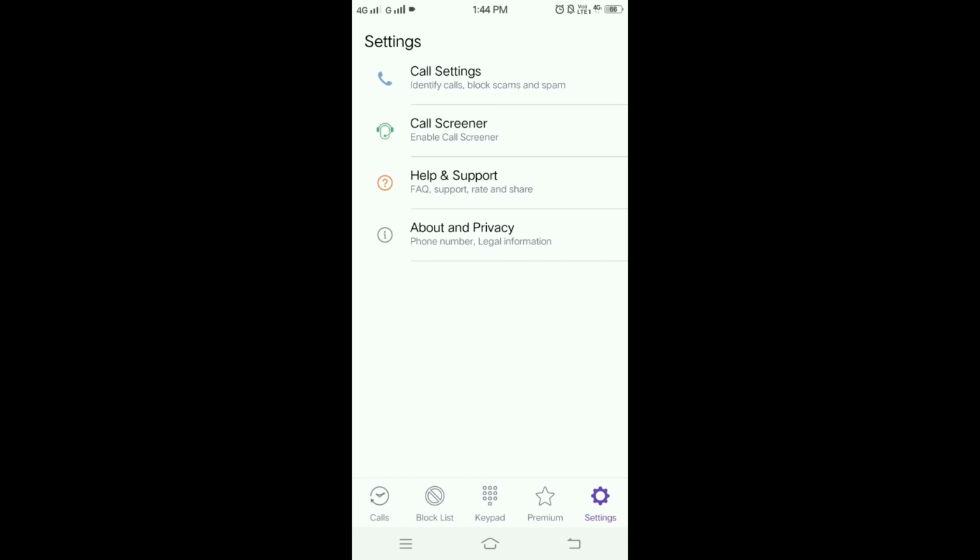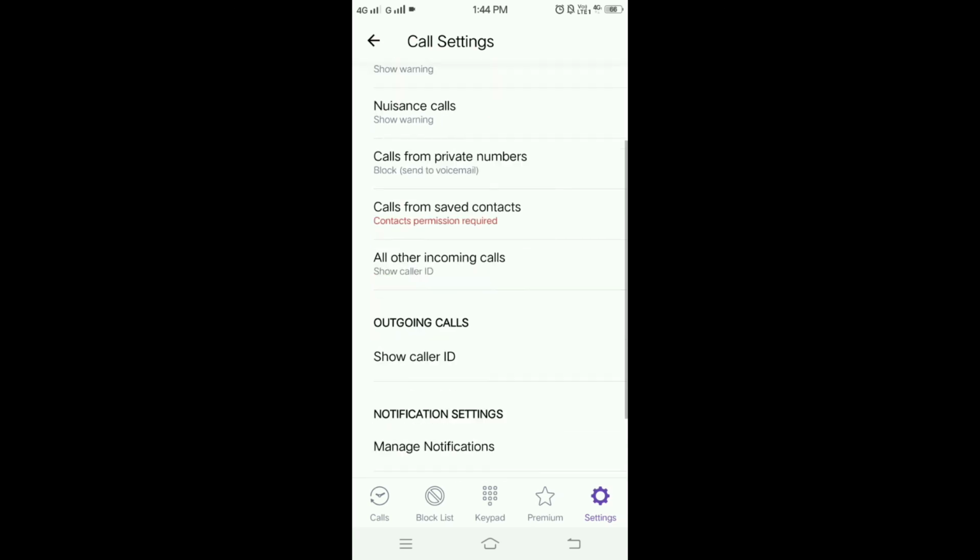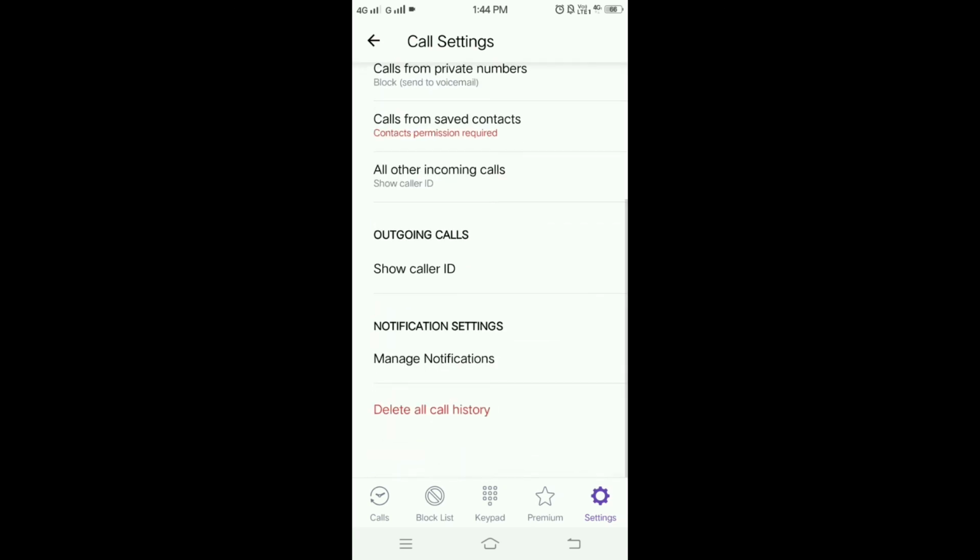Here you can see in call settings, in incoming calls, it will show scam and fraud calls, nuisance calls, calls from private numbers, and also it will separately show calls from saved contacts. And also you can manage notifications.